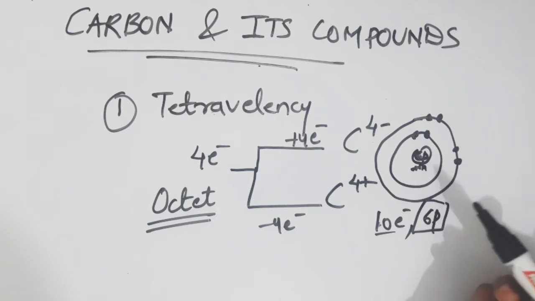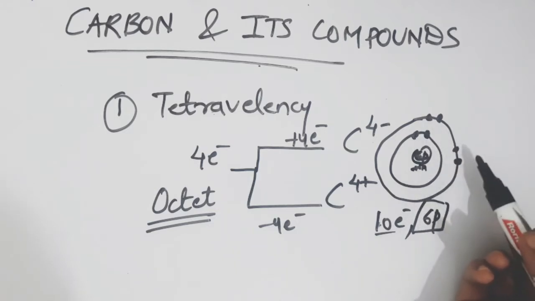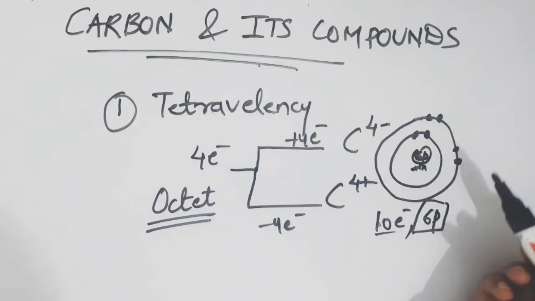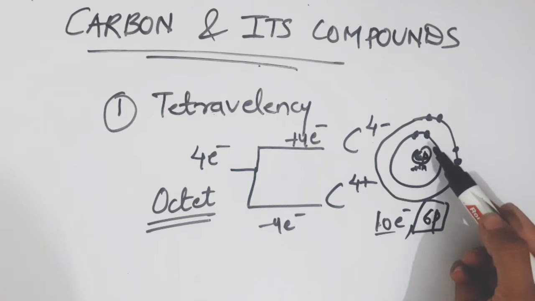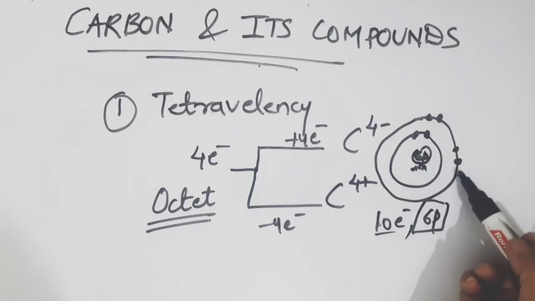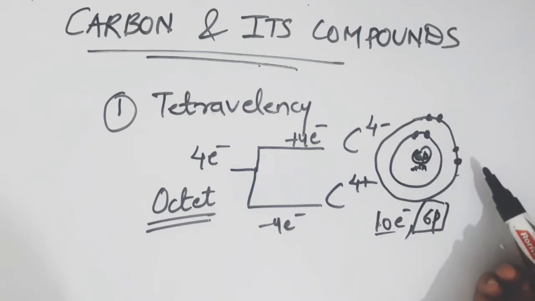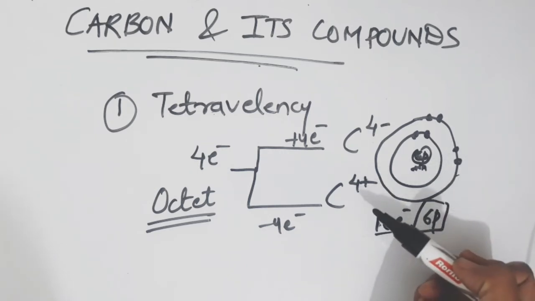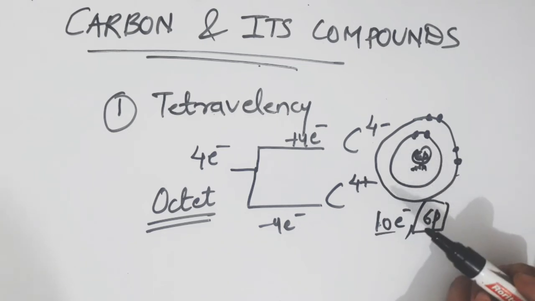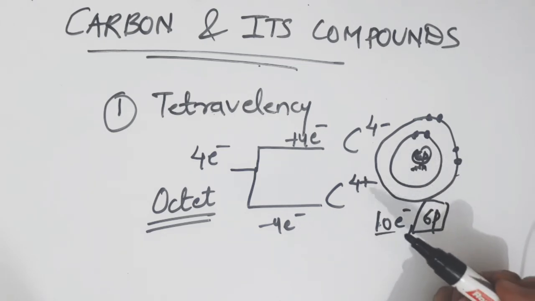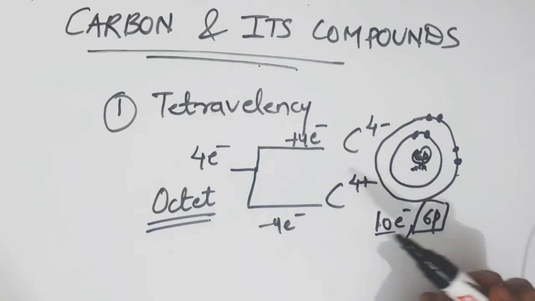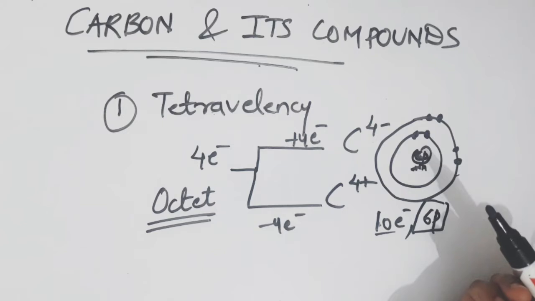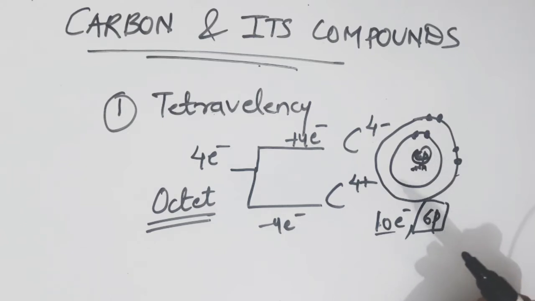The second is that carbon does not even lose these 4 electrons to achieve the helium configuration. The reason is that because of the very small size of carbon, it binds these 4 electrons very tightly, and losing them would require a lot of energy. Thus carbon neither loses 4 electrons nor gains 4 electrons. The only thing left is sharing, so carbon forms bonds that result in covalent bonding.